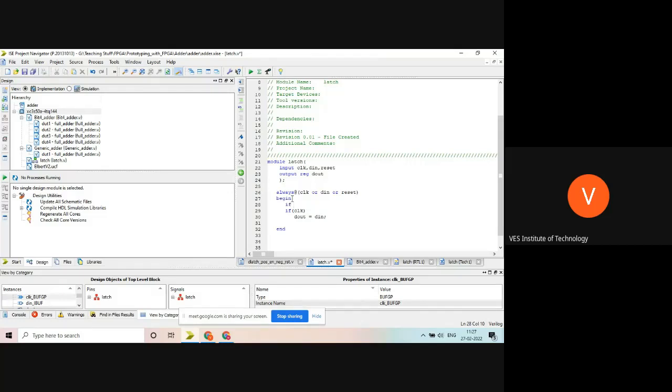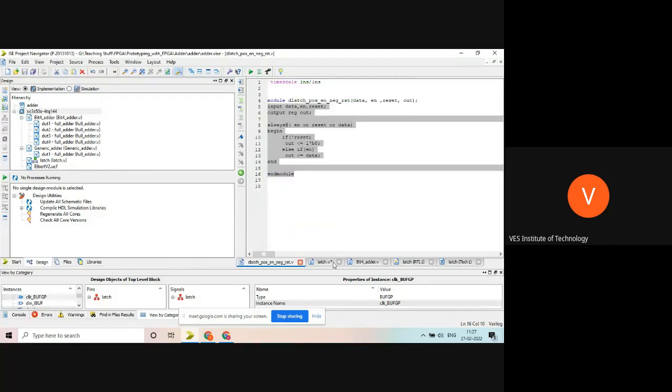If not of reset, then d out equals 1'b0, else if, d out is equal to d in. That's what I have written here.